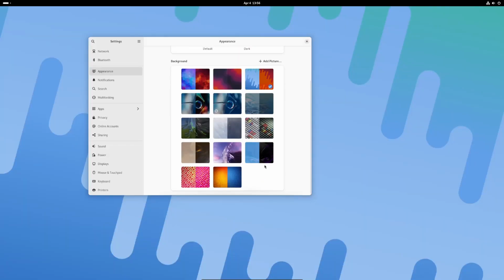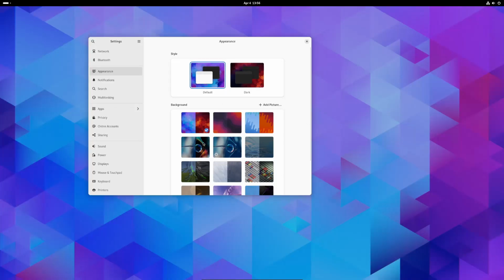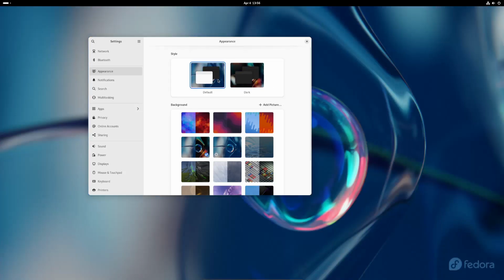So this is kind of indicating the differences here. If you have your own image, this probably will not happen because it's not really configured to do that. Whatever. I'm just gonna pick a random one. I'll set it back to the bubble one because that's what we had before, and I'll keep it on light